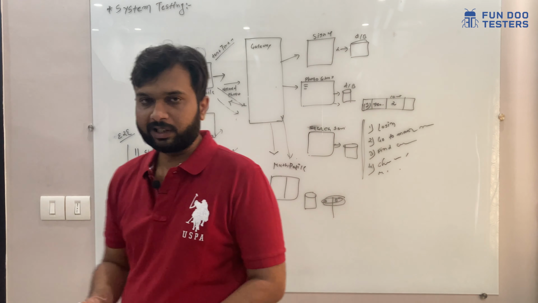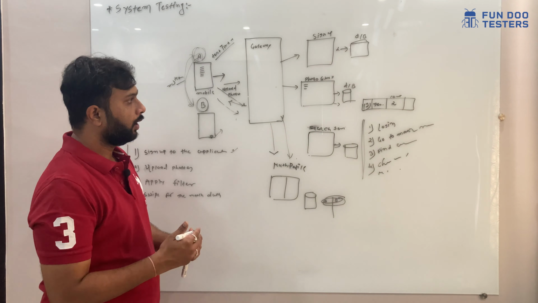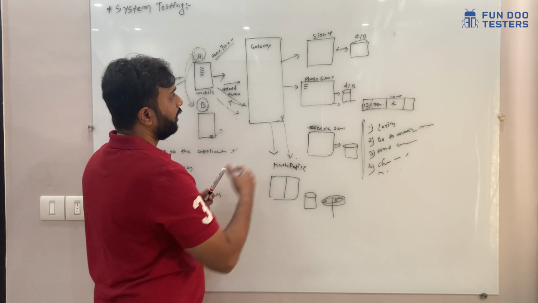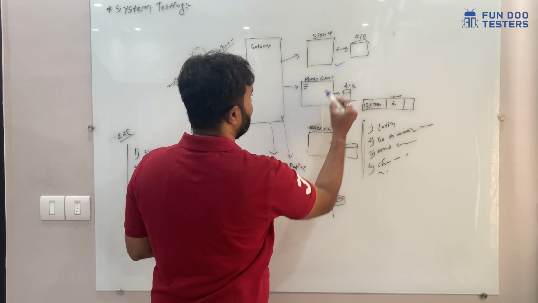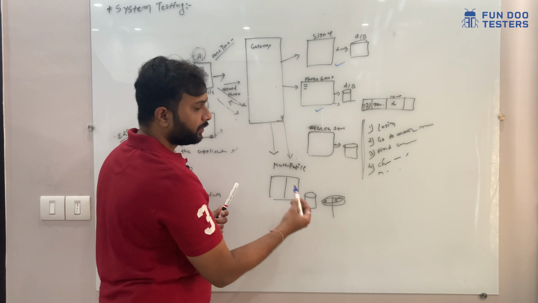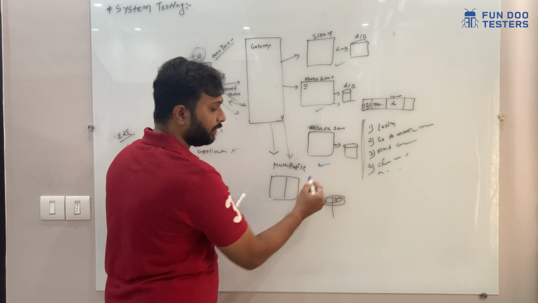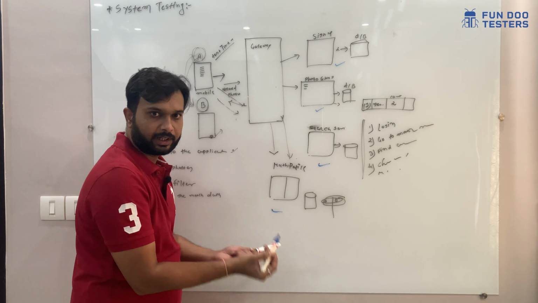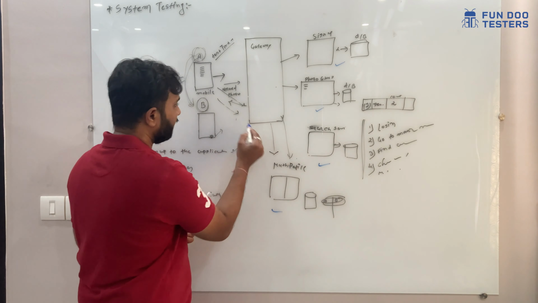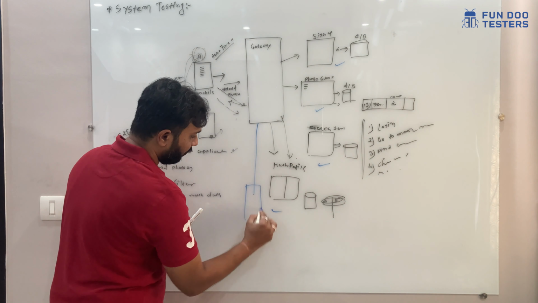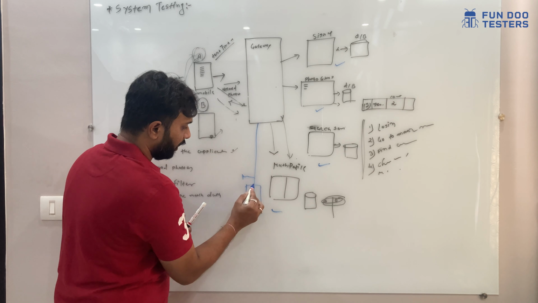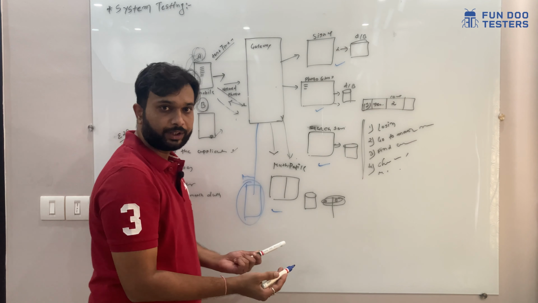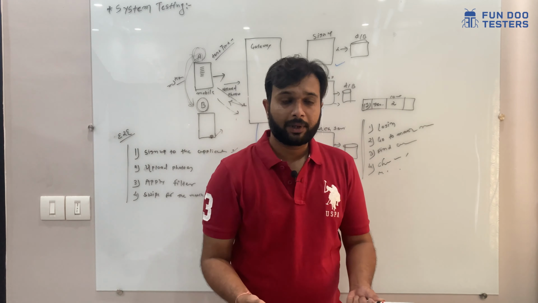Now why are we saying this is system testing? Because there are different teams. Let's say in sign up some team is working. For photo storage, there is a different team working. For the search service, there is a different team. For match profile, there is a different team. For messaging, there will be another service for messages, so for message there is a different team. Different people are working.